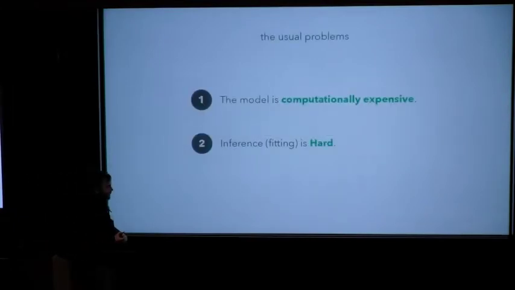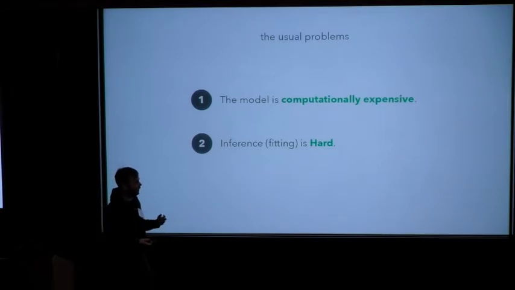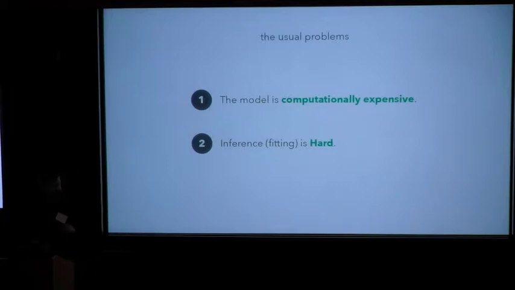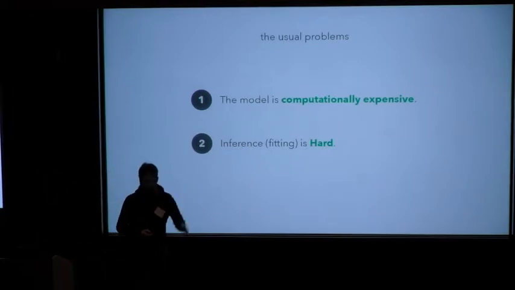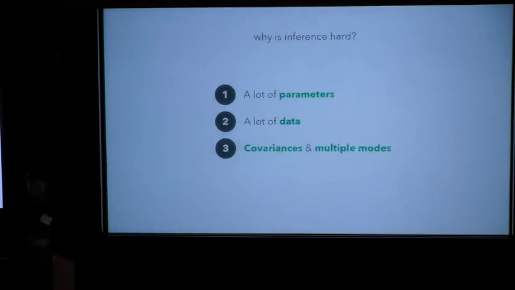So I think these are the standard problems in all of data analysis, and I think these also are true in the context of microlensing. In general, your model, because there's so much code inside that bar, is computationally expensive to evaluate. And then you want to fit for your parameters, and so that involves evaluating your computationally expensive model many times. And even worse, there are all sorts of degeneracies and other problems that make fitting very hard. I'm just going to use fitting and inference interchangeably when I talk here today.